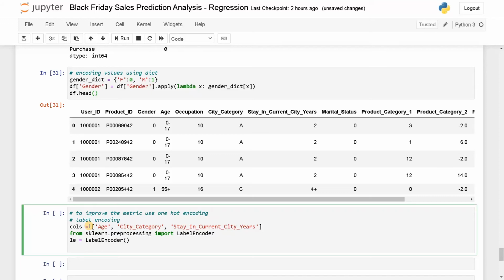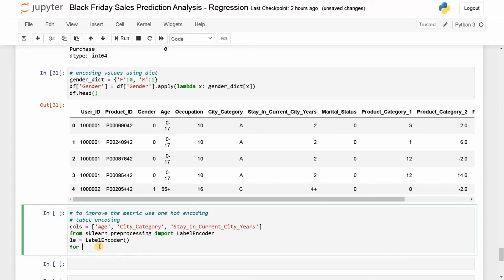It depends on the data set, but it will definitely improve compared to label encoding. What is the major disadvantage? It will take more time to train the model because of the increased number of columns. So for each category, it will create a new column. That's why I'm just using label encoding. That is simple and quicker.